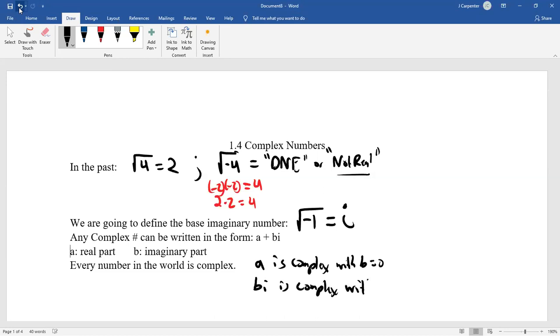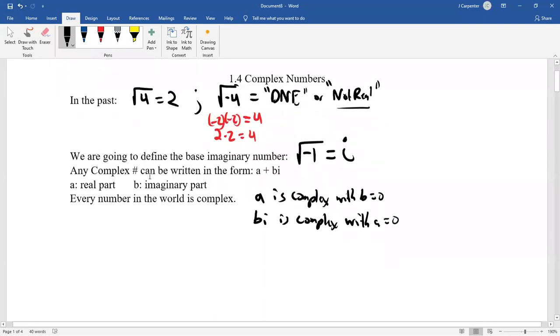It's just that the a is 0. So imaginary numbers are complex, real numbers are complex. Every number in the world is complex. So real numbers are what we call a subset of complex numbers. Imaginary numbers are a subset of complex numbers. And what I mean by subset is,